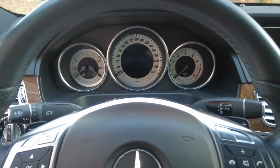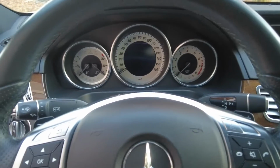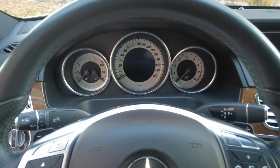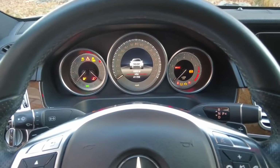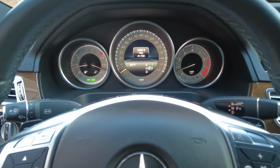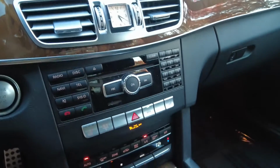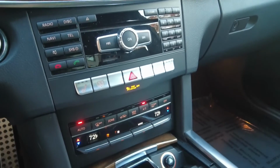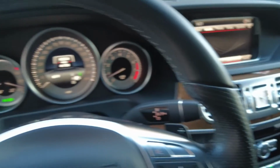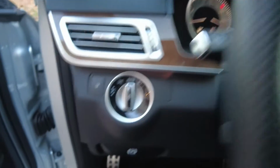Okay, so let's give it a start now and we'll see how smooth this runs. We'll watch all the dash turn on and light up, and then we'll check out the engine bay. It always amazes me how smooth these engines run and start. You can see everything lighting up. We have the automatic climate control, the dual zone. You can see here 41,726 miles. So now let's pop the hood